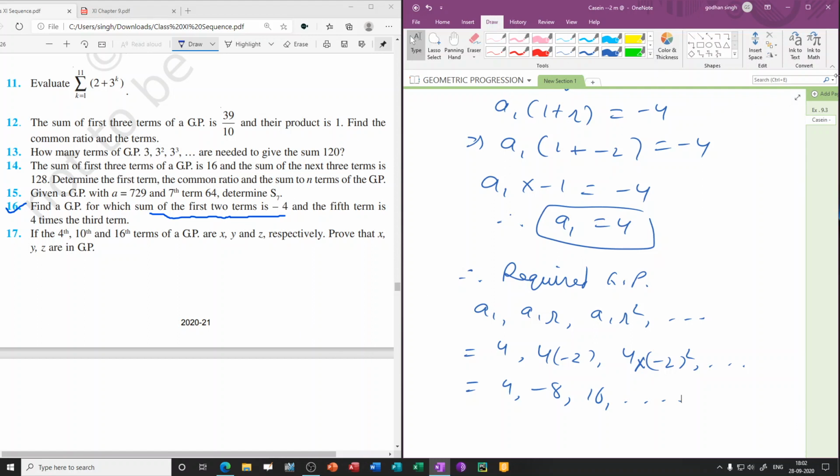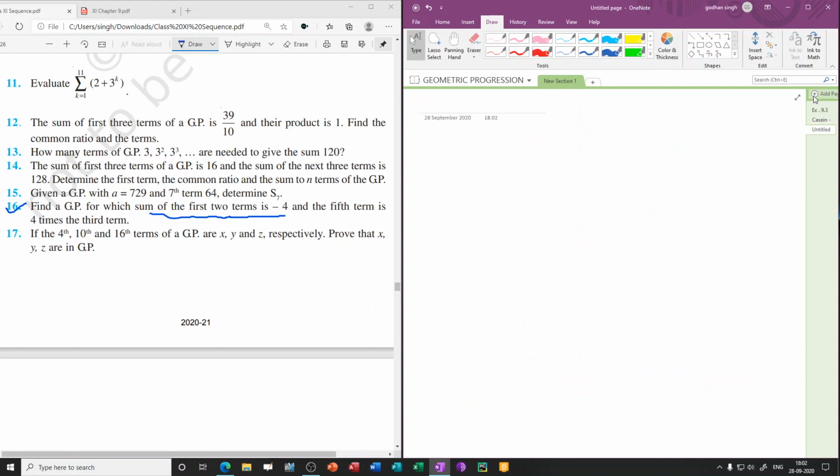Now let us go in the next one, that is question number 17. So we'll be doing question number 17th one. So now solving question number 17, solution 17. If the 4th, 10th and 16th term of the GP are x, y and z respectively, prove that x, y, z are in GP. Let A1 equal to